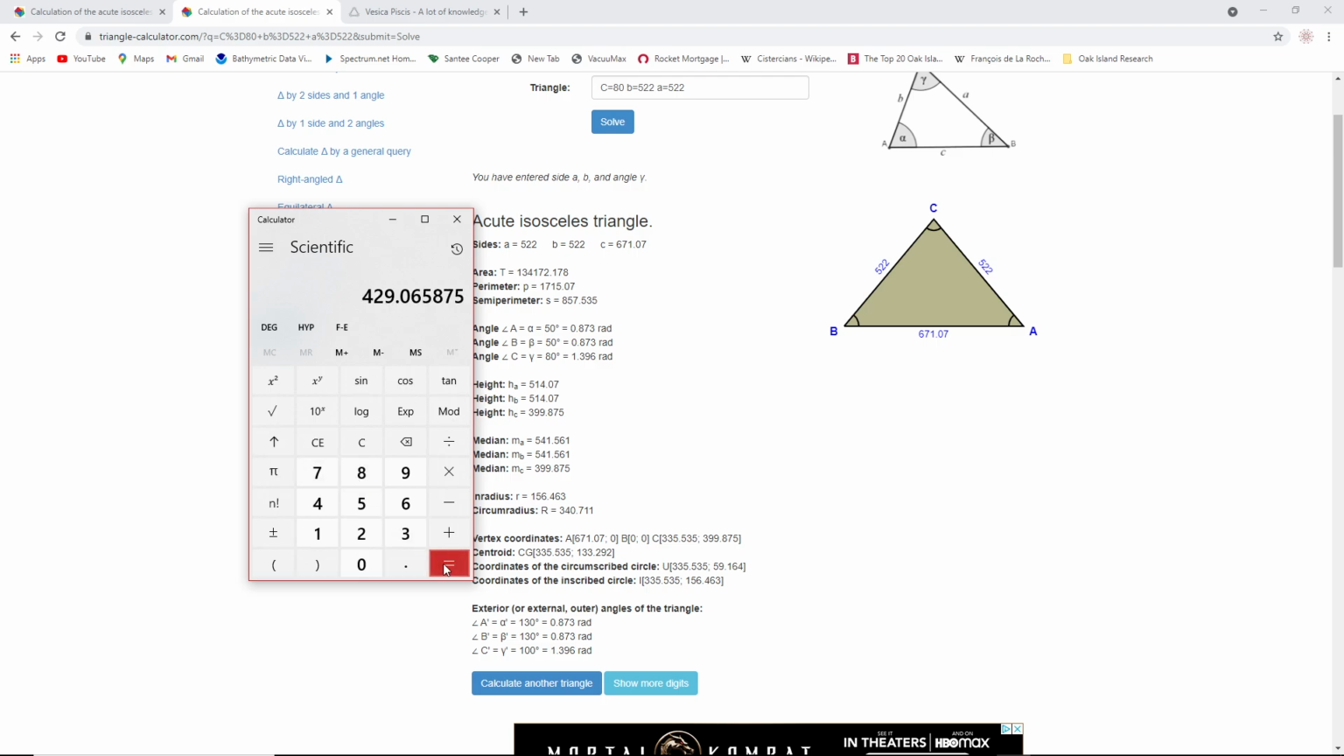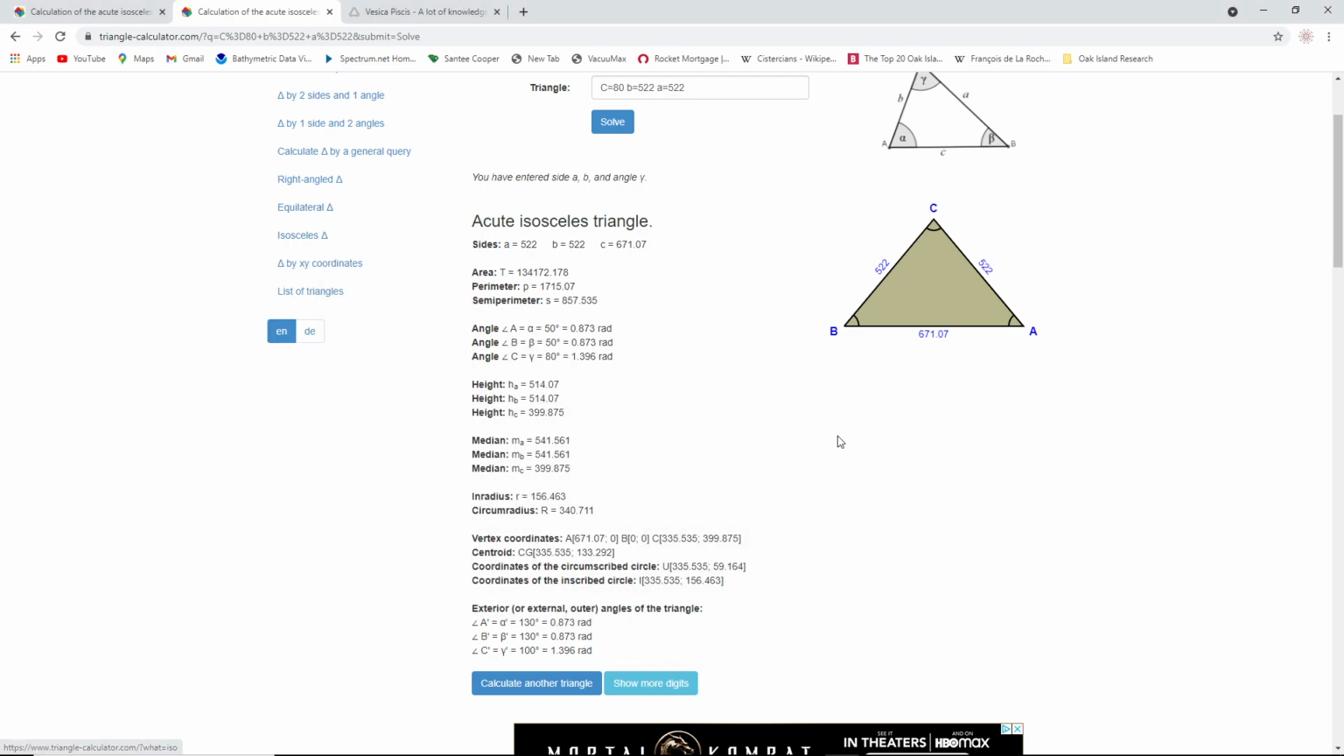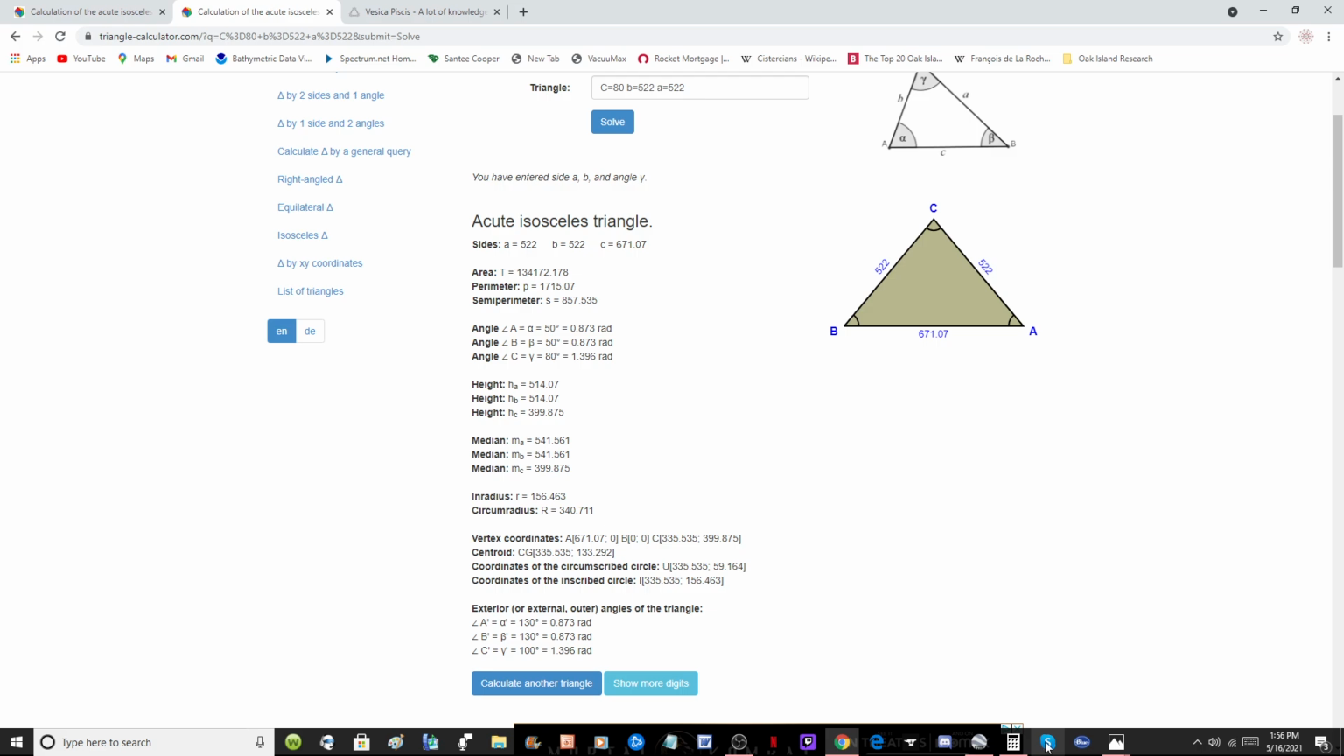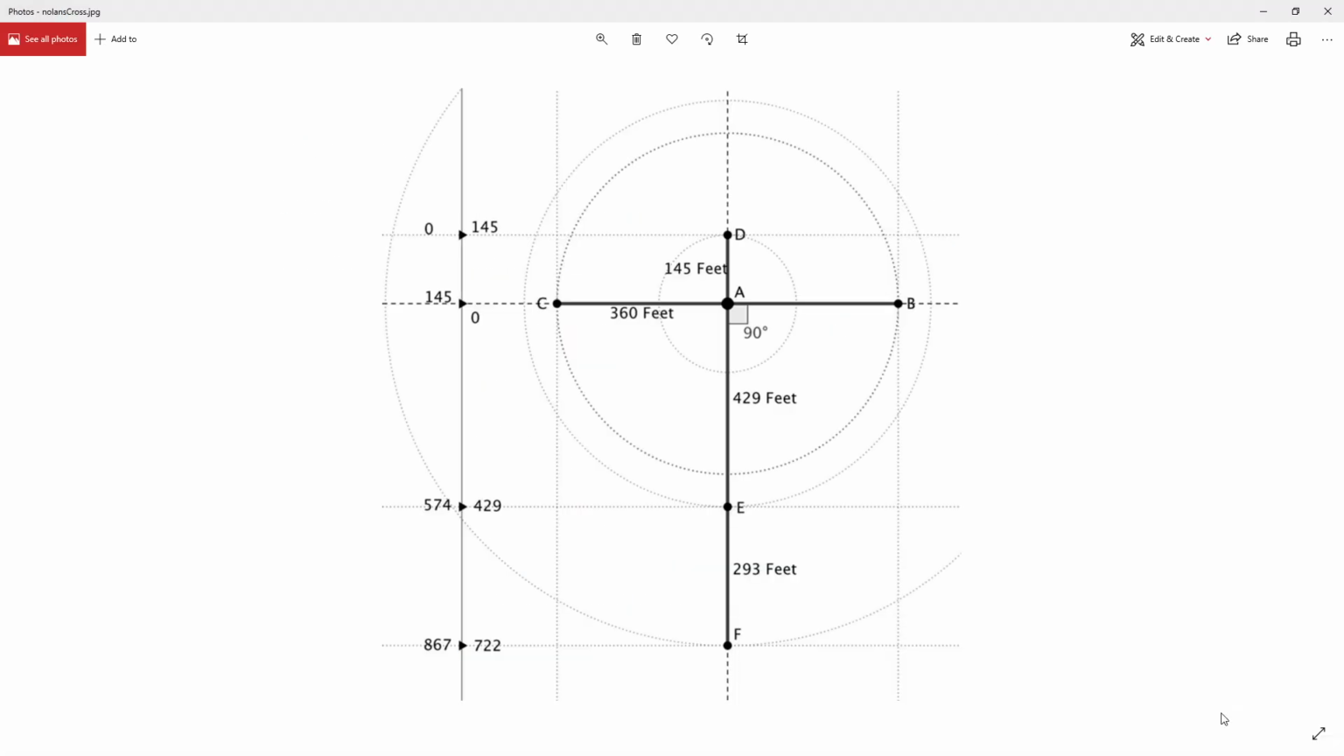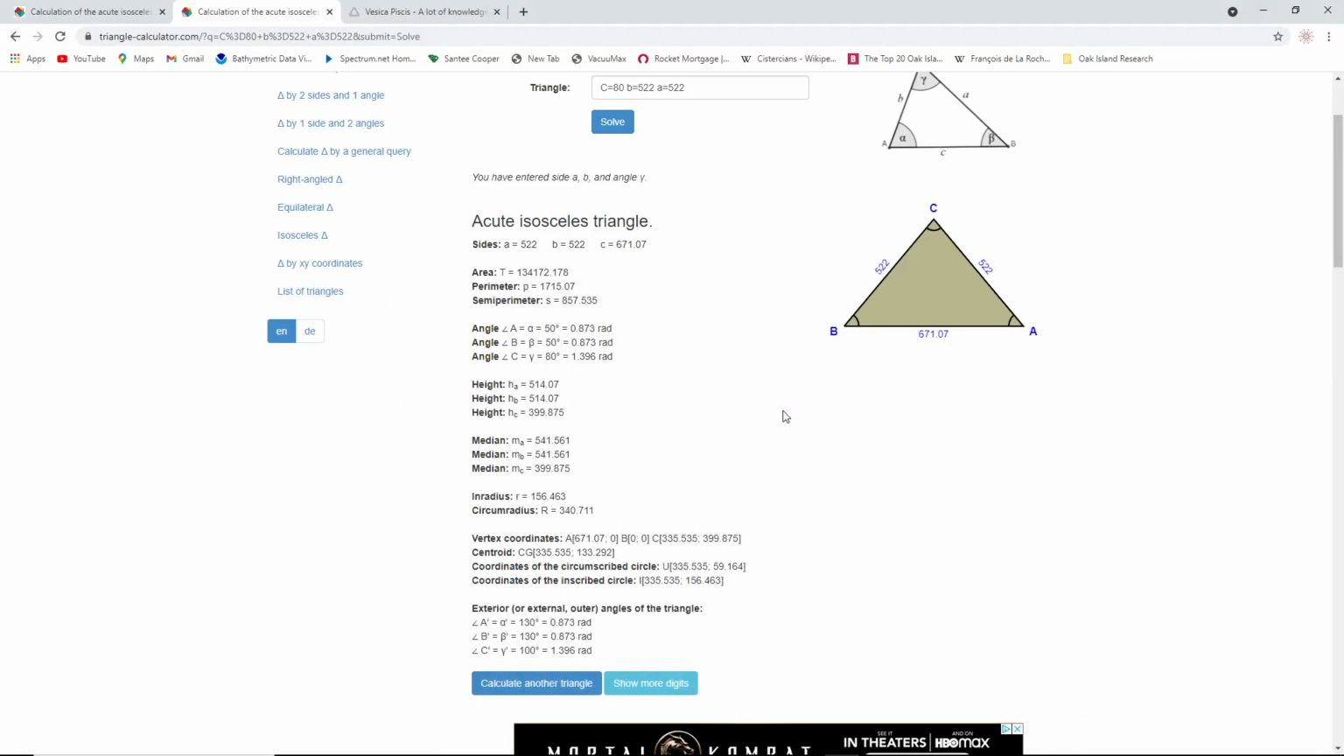399.875 equals 429 feet. I'm sorry, I keep saying that. 429 feet. That is the measurement of Nolan's cross right here. Okay. How does that relate to Nolan's cross